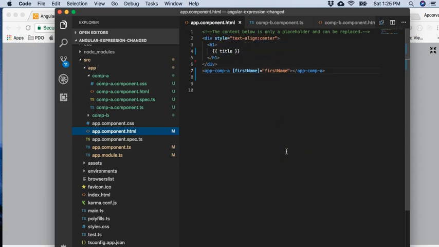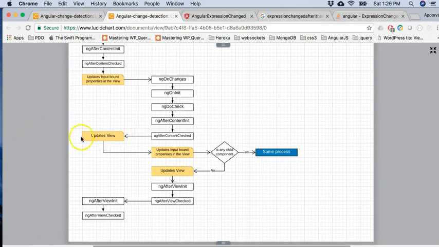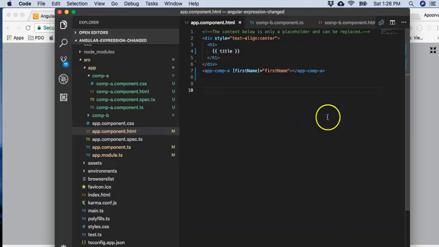When Angular updates the input bound properties, it has not set this title property. It means the initial value of the title property has not been set yet. So in this updates view step, Angular will go and update these properties, which are different from input bound properties. Here Angular will come in the first loop of the change detection cycle, and it will set this title to